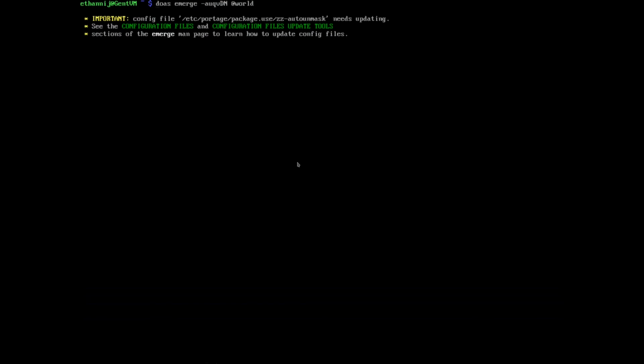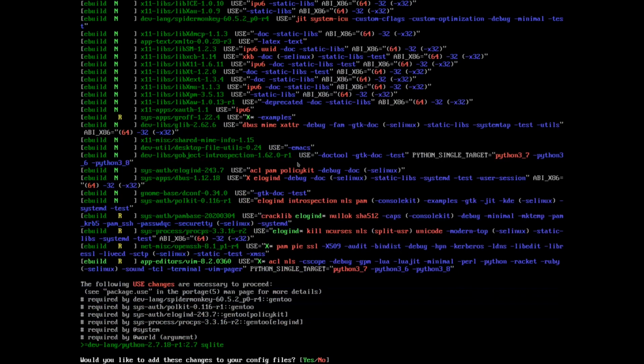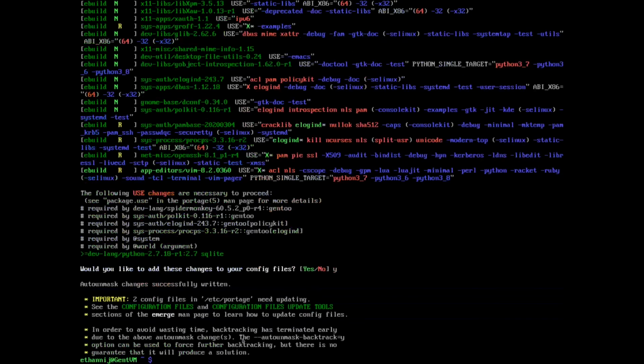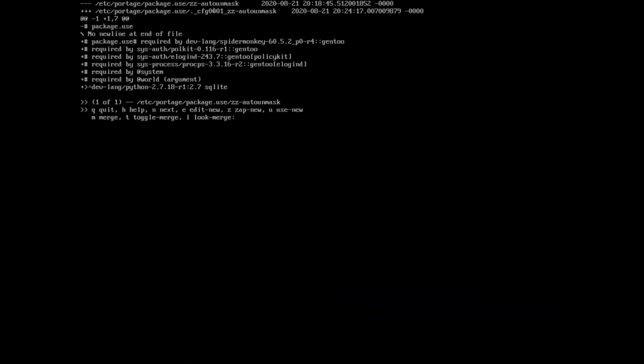And now we're going to do doas emerge. If you don't have doas, you don't need to run that, but -auqvDN @world, and it's going to ask us to make some changes to our configuration file, and I'll show you how to do that as well. You can see the USE changes down here are just saying that we need to add dev-lang/python, we need to add that use flag. So we're going to run dispatch-conf, and it's going to tell us for the file zz-autounmask it wants to make these changes. That's fine. Let's go ahead and use new,